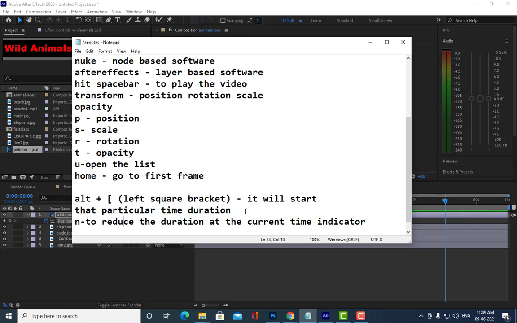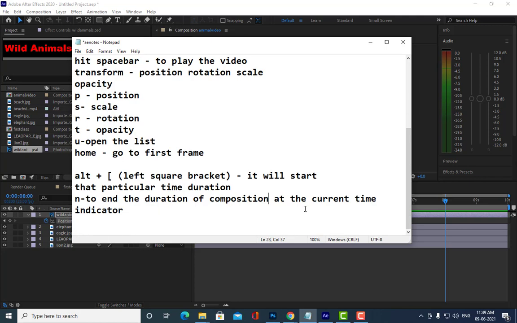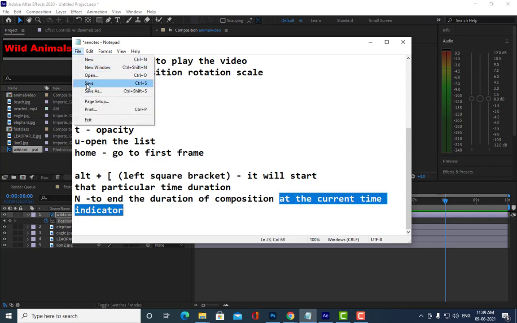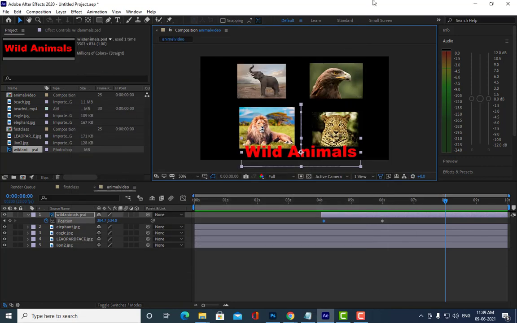Okay, to end the duration of composition at the current time indicator. Vishwanath, Bharat, Prashant, able to understand?